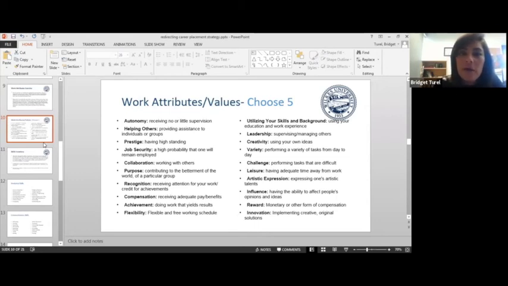Will it be autonomy? So having little or no supervision and being able to move forward without being heavily micromanaged? Is it related to helping other people or having a purposeful job? Would it be job security, recognition, compensation, achievement? Are you highly driven by personal achievement and by completing projects from beginning to end? Leadership, creativity,